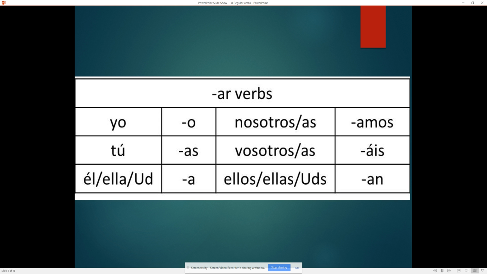Now, if you're referring to multiple people, so Julia and Romeo, let's say, cantan, they sing. And also, we use, instead of vosotros, we use ustedes. So that is the